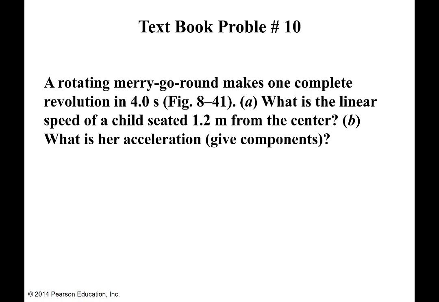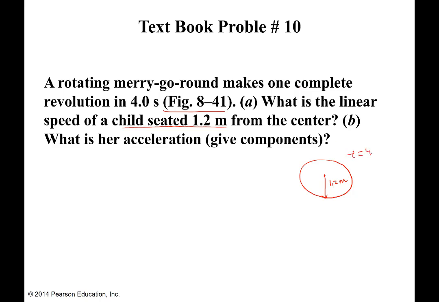We have a rotating merry-go-round that makes one complete revolution in 4.0 seconds. You can go and check the figure in the book. What is the linear speed of a child seated 1.2 meters from the center? Rotational motion is experienced in merry-go-rounds, in Ferris wheels, in microwaves, in blenders, and everywhere wherever there is rotational motion involved. So the child is seated 1.2 meters away from the center, and it makes one complete revolution